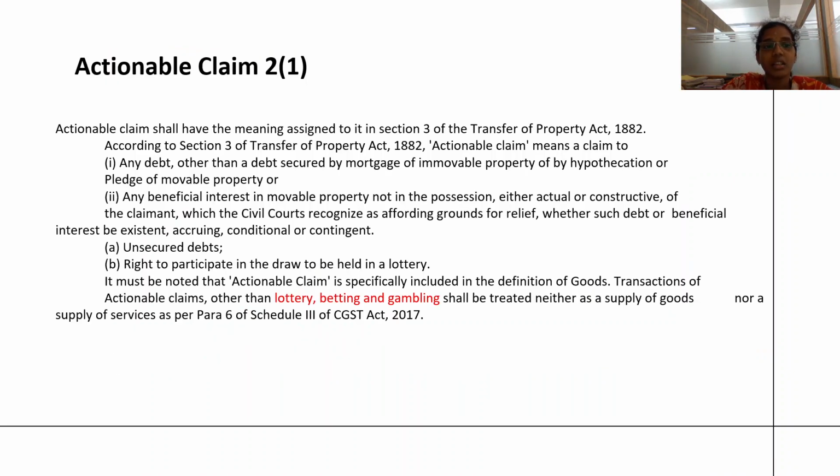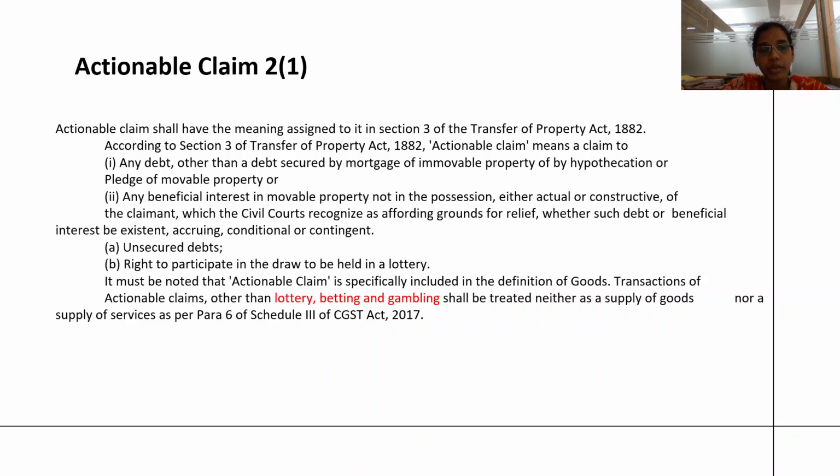So next is the definition of actionable claim. This is defined under section 2 subsection 1. Actionable claim shall have the meaning assigned to it in section 3 of the Transfer of Property Act 1882. According to this act, an actionable claim means any debt other than a debt secured by mortgage of immovable property